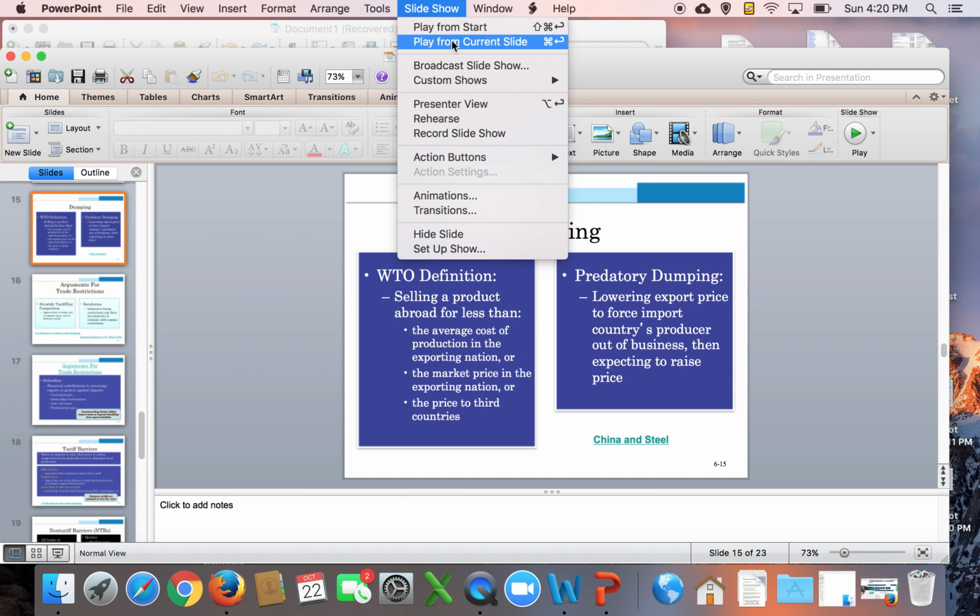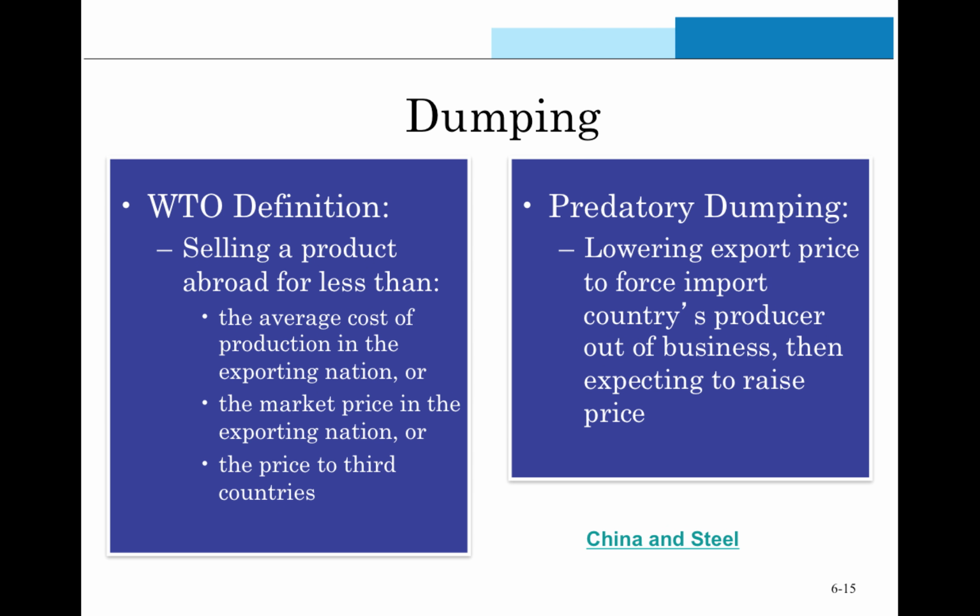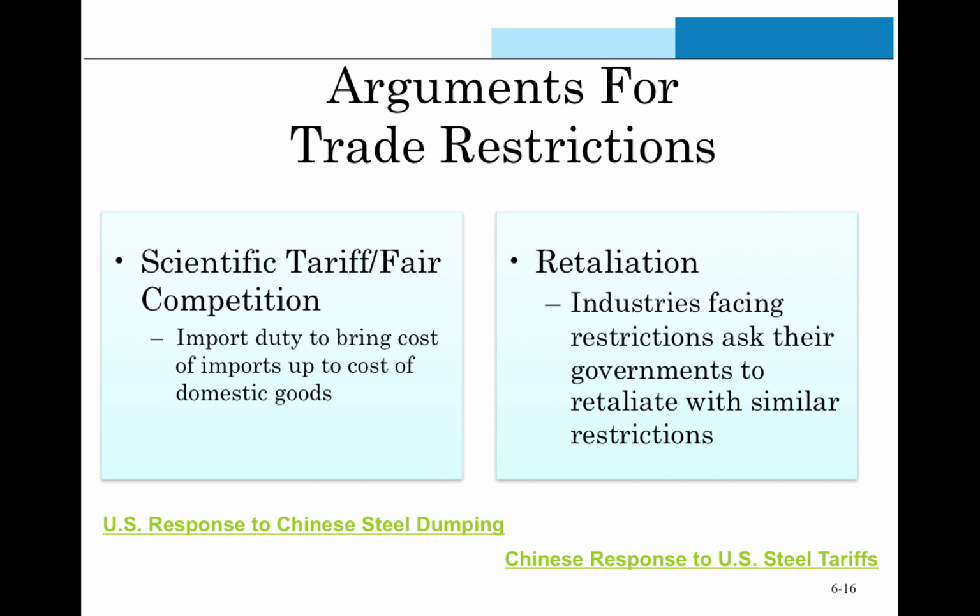In fact, when the United States went to the World Trade Organization and argued this position, the World Trade Organization actually agreed with the United States, and therefore, the United States decided to institute a tariff. They instituted what's called a scientific tariff to protect the U.S. steel industry and to create a competitive position, but really also to block Chinese steel from coming to the United States. So let's see what they ended up doing